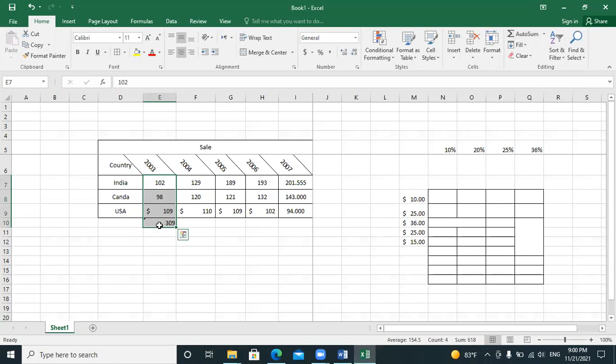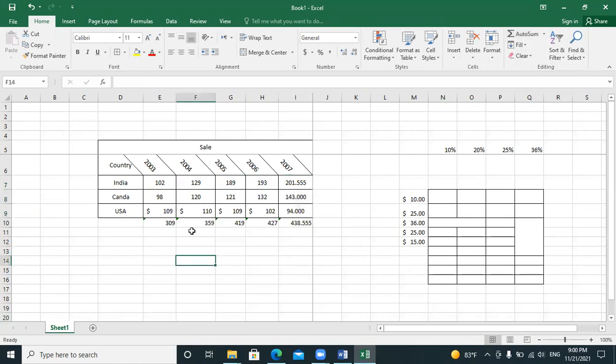Okay, here you can see this is total. So again, I have to select it and choose the sum. Same thing, I have to select these three cells and choose sum. And here also I have to choose it as sum. And from here also I have to choose it as sum.